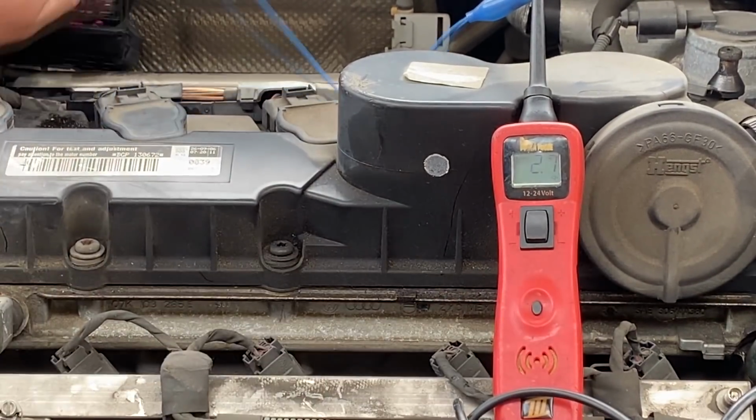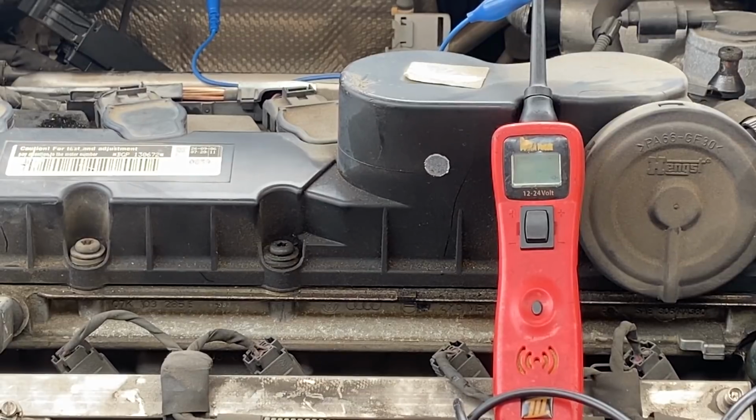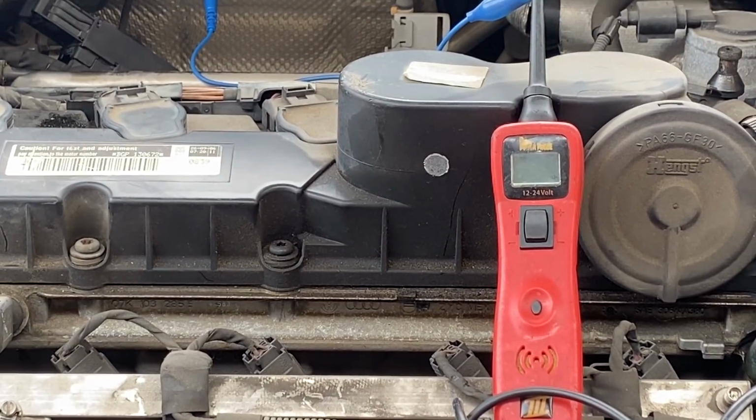So at this point, I really don't think there's a question about it. This vehicle needs a new ABS module. I feel pretty comfortable telling the customer that. We've checked everything there is to check on our end. So I'm gonna call him up and see what he wants to do. A few moments later. All right, guys, so unfortunately, after having a pretty long conversation with my friend, who is